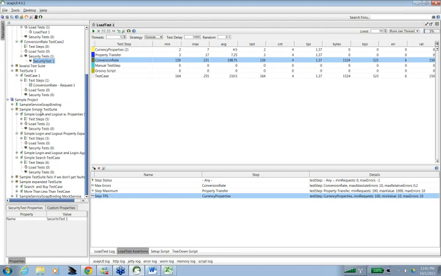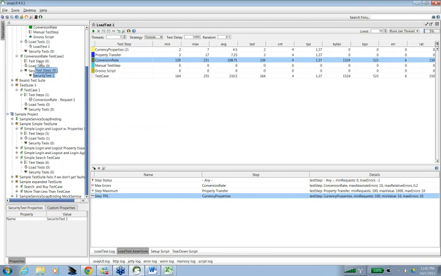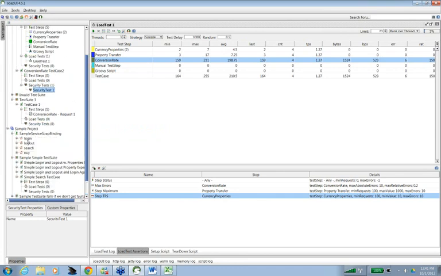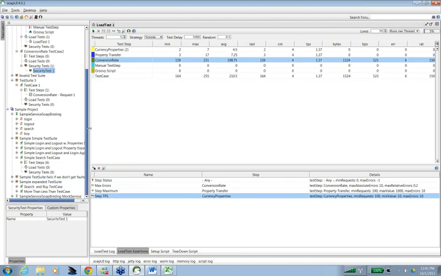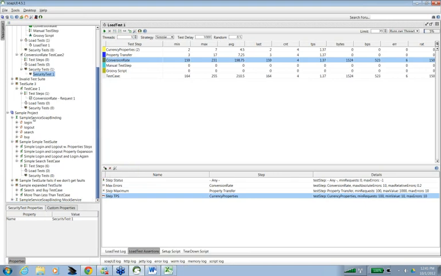Here they have created a simple test suite. Here we have just one operation, and here they have more than one operation: login, logout, search and buy. There are four operations or methods exposed by this service.